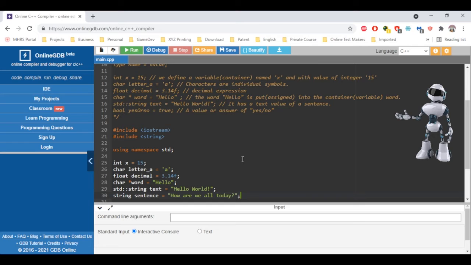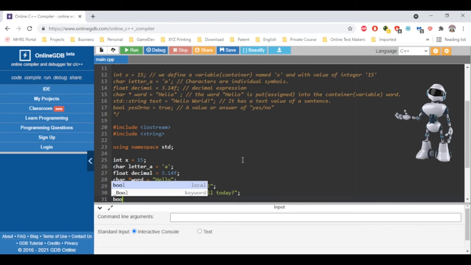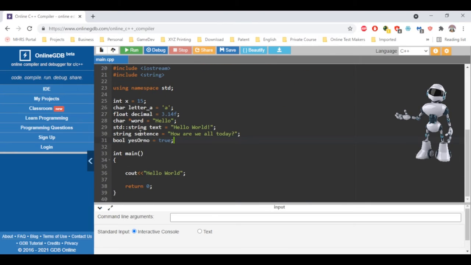And after we define them, oh, there's one more, it's Boolean. So the Boolean value was yes or no, and equals true, and we're going to see them on our